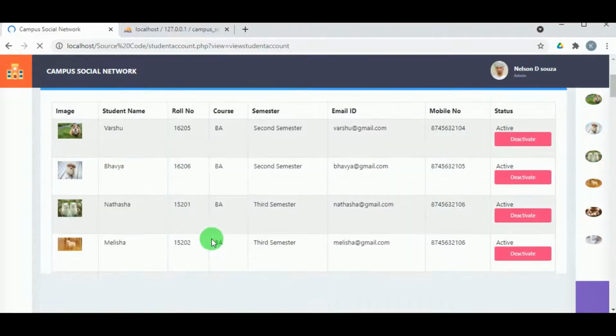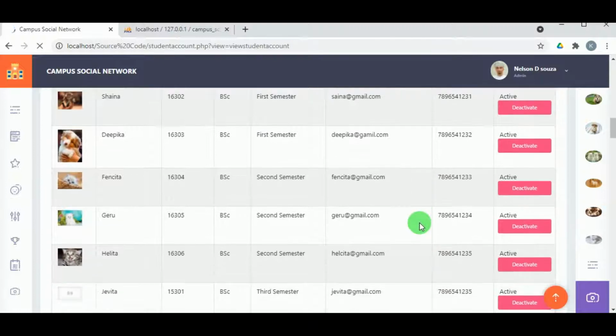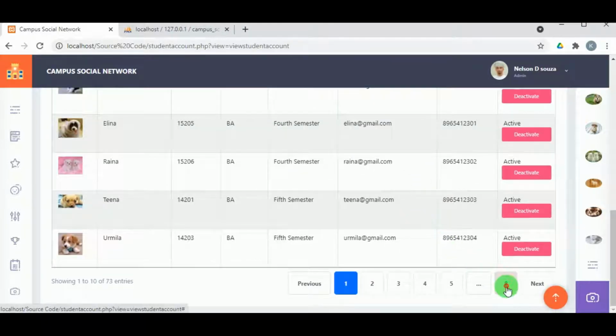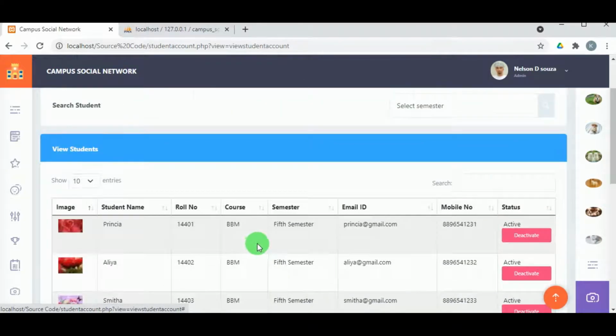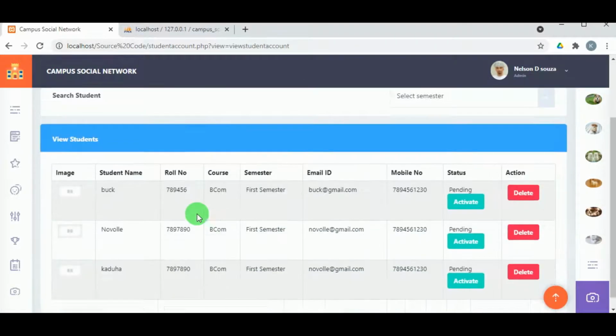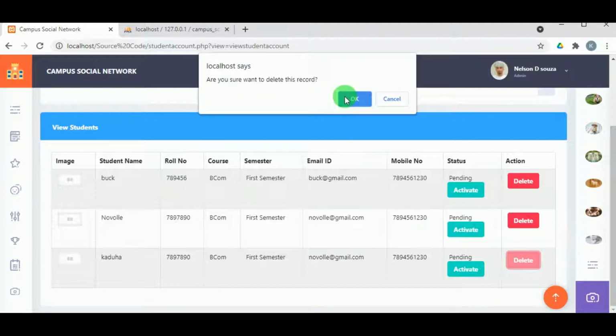So this will avoid false student registrations, because the admin will verify the student, only then the students can use the system. And if the students are not valid students, then the admin can delete those student records.